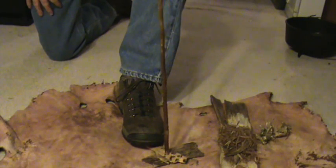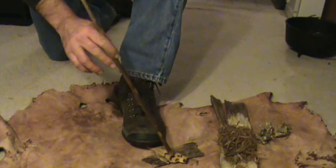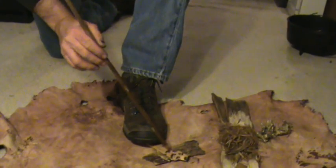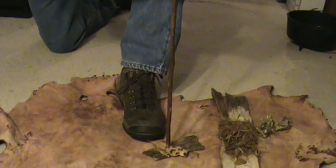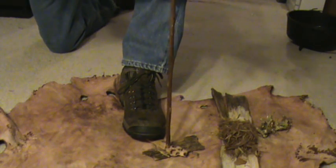Okay, we're going to make fire with hand drill using a mullein weed stalk, a basswood hearthboard, and some shredded cedar bark. With hand drill fire making, it's important to apply a good firm downward pressure on the hearthboard, and I can do that in a kneeling position by leaning forward and bringing my upper body weight to bear down